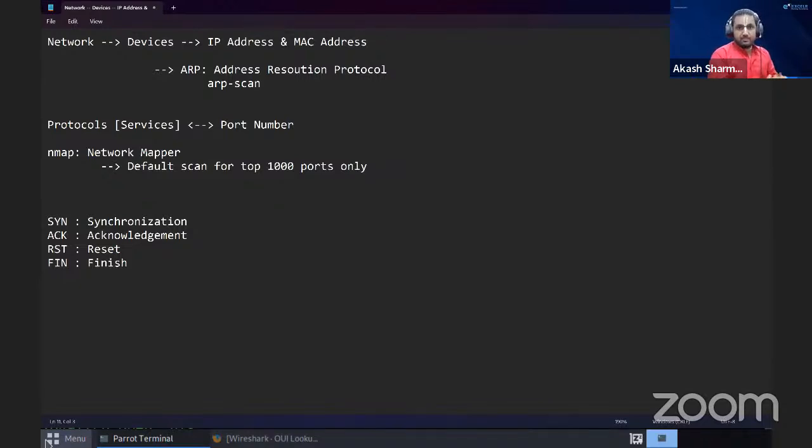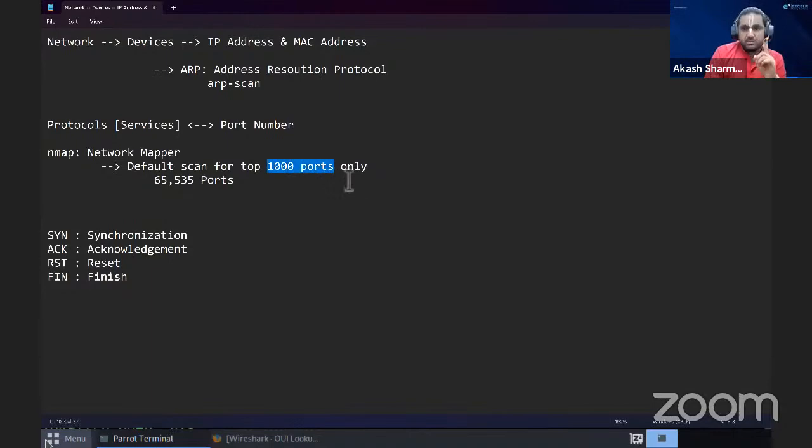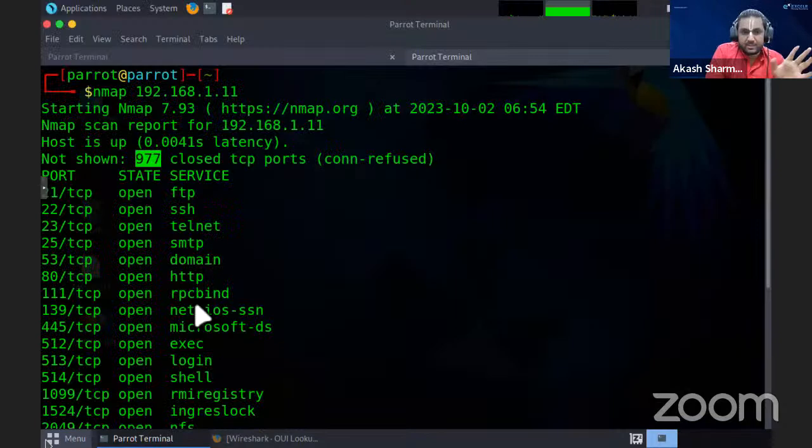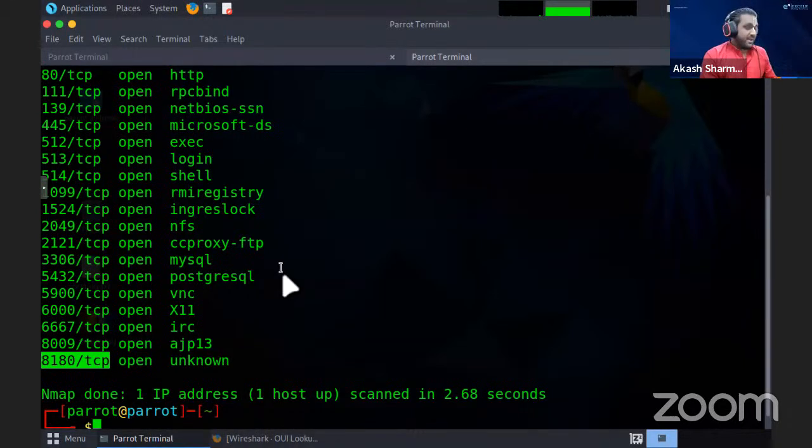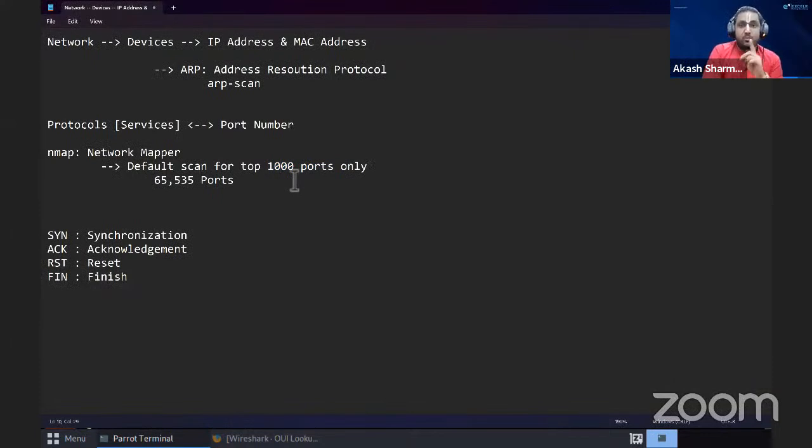So in a system, basically there are 65,535 ports. But out of them, it just checks the top 1000 ports. That's it. And then it stops. Now you might say that Akash, we can see that's going beyond 1000. It's going to 33068180. Actually, what I meant by that is it checks the top 1000 general ports,